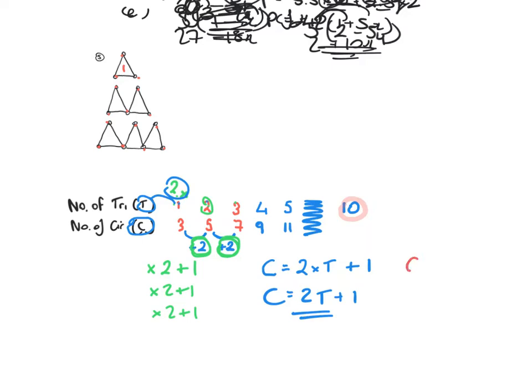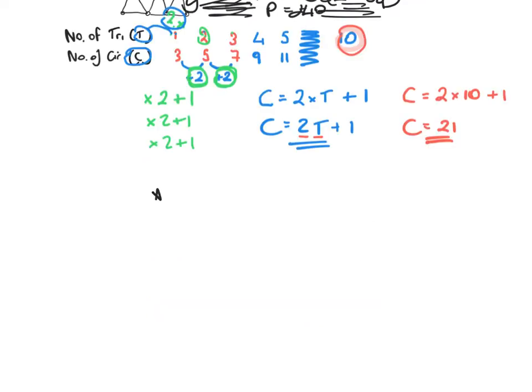Okay, so to get the number of circles, you multiply the number of triangles by 2 and then add on 1. So if there's 10 triangles, to get the number of circles, it's 2 times 10 triangles plus 1. 2 times 10 is 20, plus 1 is 21, that's 21 circles. Okay, now the next part of the question says,